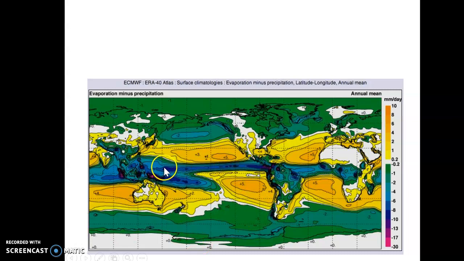Now, bordering out, as you can see, you go from these blues, which are big surpluses down below. These are all surpluses. And then when we get into the subtropical Pacific, all the way across the subtropical Pacific, the Atlantic, and roughly the same latitudes in much of the southern hemisphere, in the tropics, subtropics, it's deficit. These are dry areas. So the yellows, oranges are dry. In other words,